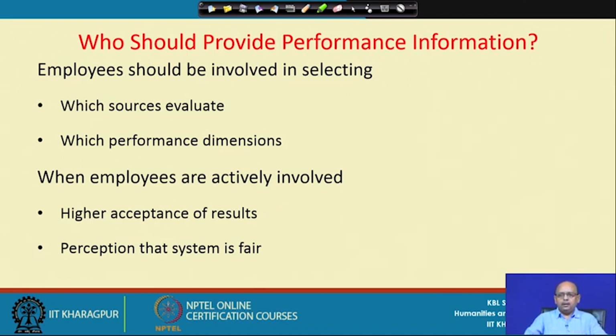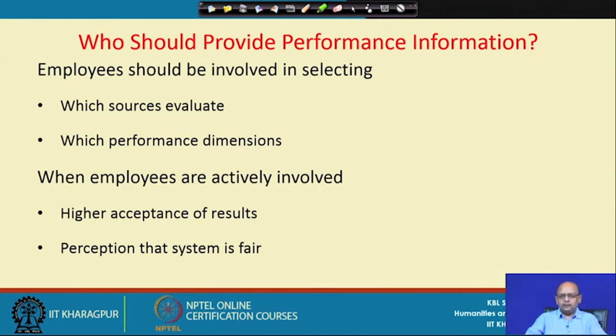Now, who is the best to provide data related to the performance? You also need to identify various sources of collecting data related to the performance, and in most cases it is an accepted principle that employees should be involved in the process of data collection, because it is the employees who know about the data. So, when it is evaluated by the supervisor, he is going to ask employees or observe him and collect data